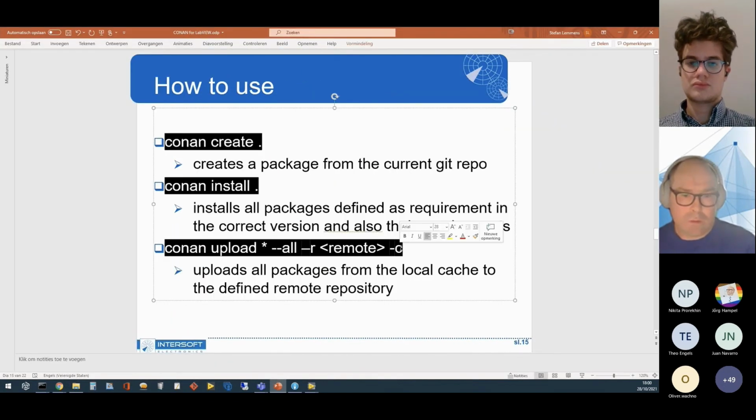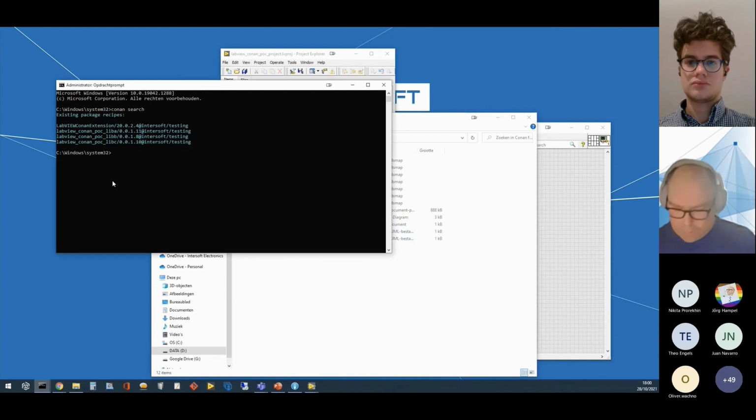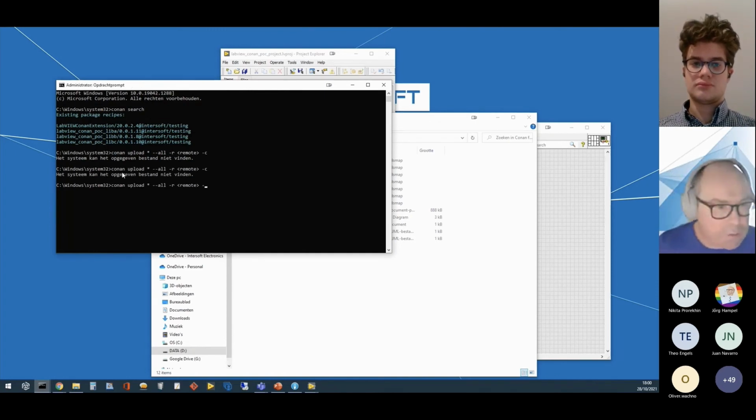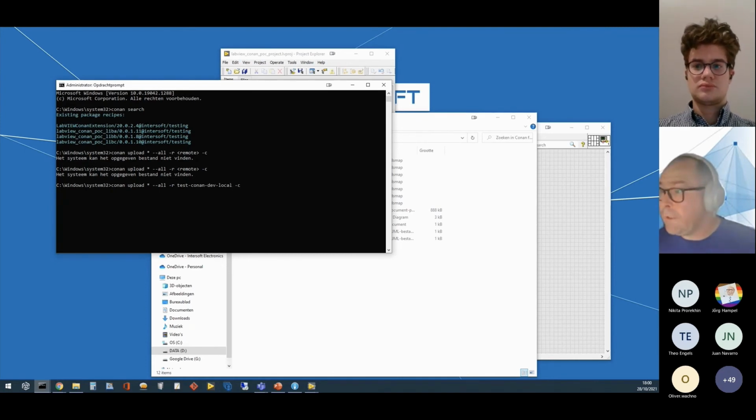If I run this command, I'm not sure it will work. Oops. No, because the remote needs to be test Conan dev local. Well, first of all,